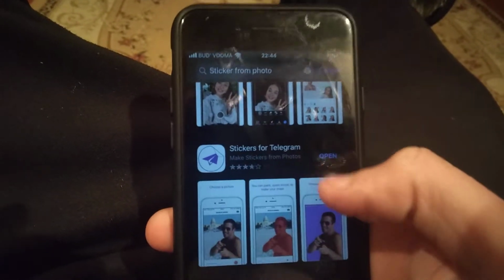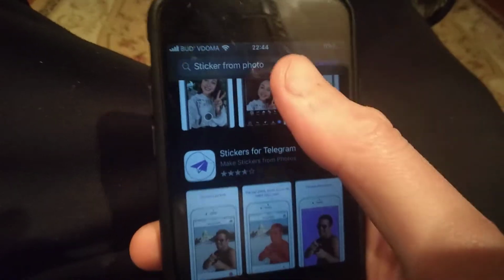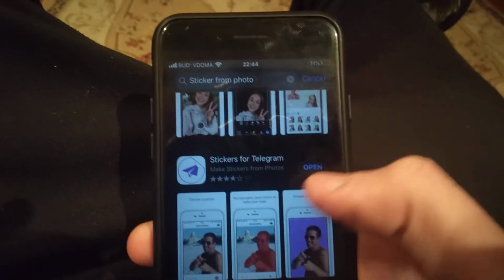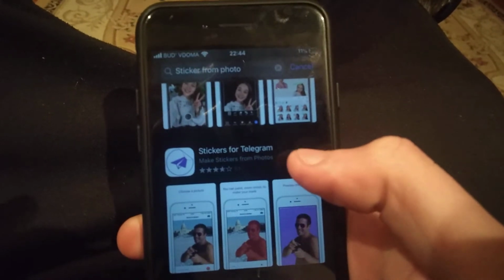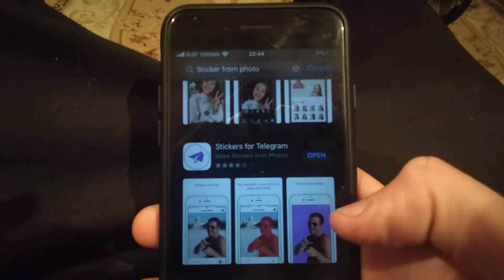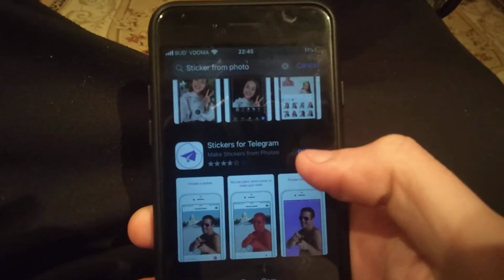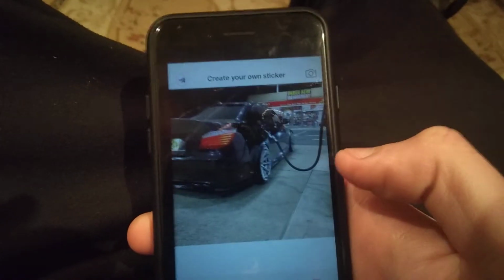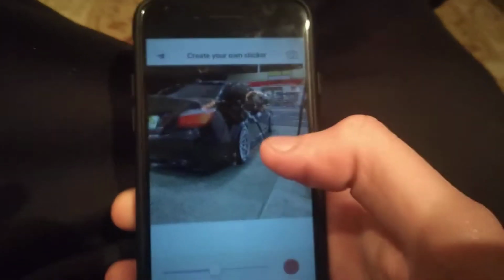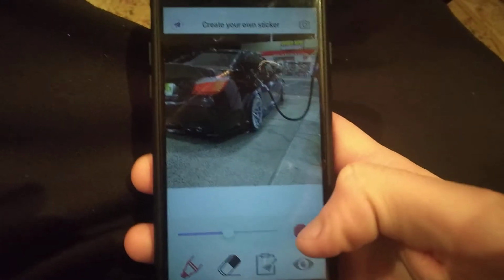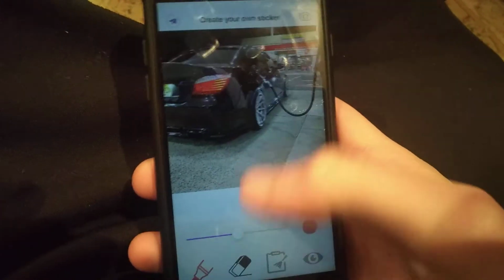Stickers for Telegram. Just write in the search tab stickers for Telegram and click here on get, and wait until it successfully downloads and installs this app on your mobile phone, and you will see the open button. Just click on the open button and choose some image you want to create a sticker from, and click here to